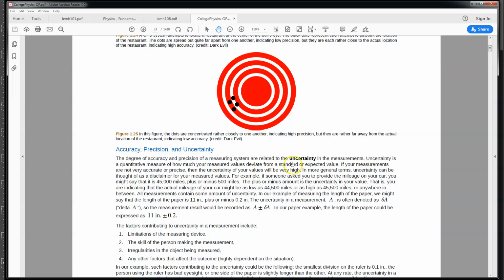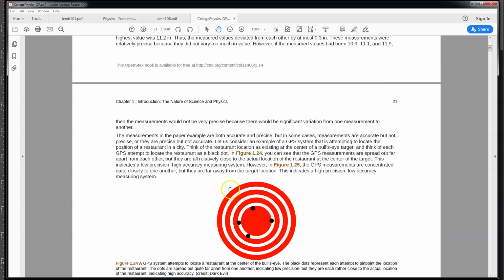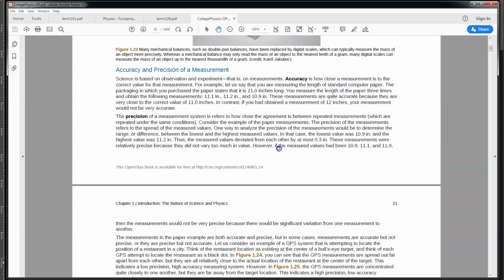So what that means is that basically the more that your values are uncertain, and basically one problem that I have here with this text is that I don't really understand what they mean by the term uncertainty or uncertain, because they haven't defined it. They have talked about